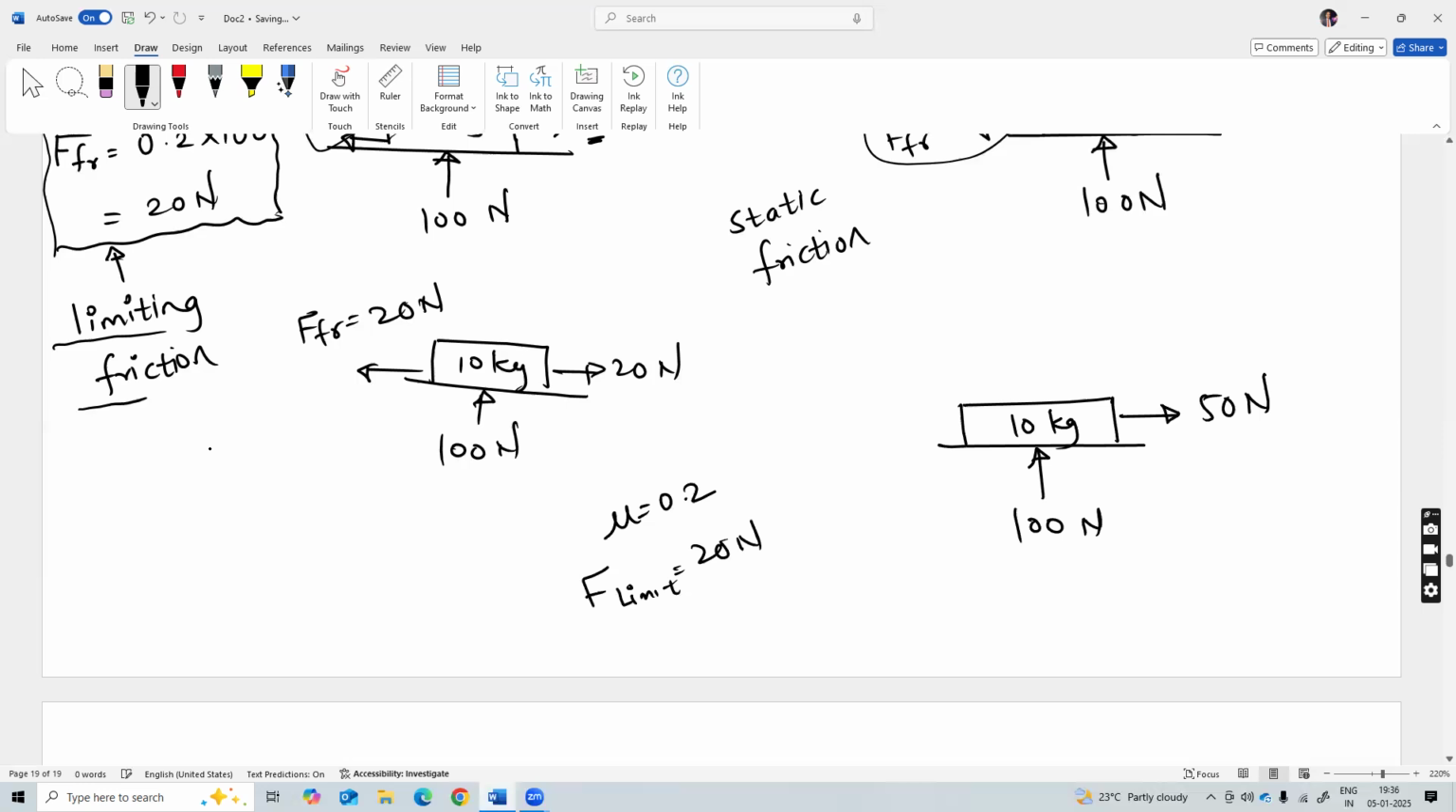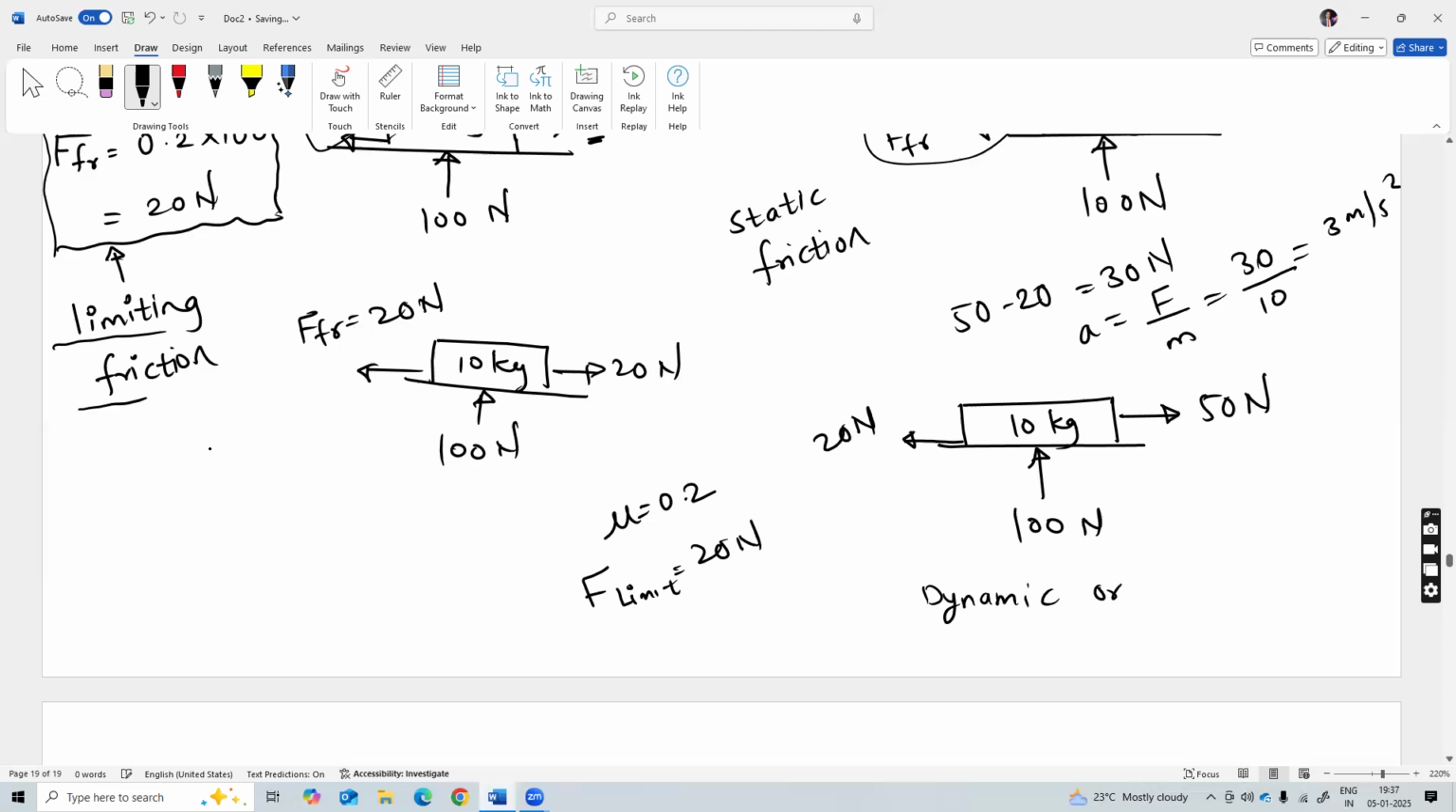So in this case, the 20 Newton frictional force will act in the opposite direction to the applied force. So the net force acting on this 10 kg mass will become 50 minus 20, that is equal to 30 Newton. Therefore the acceleration of this object will be F upon m, that is 30 by 10 equal to 3 meter per second square. And in this case, the frictional force acting on this object will be known as dynamic